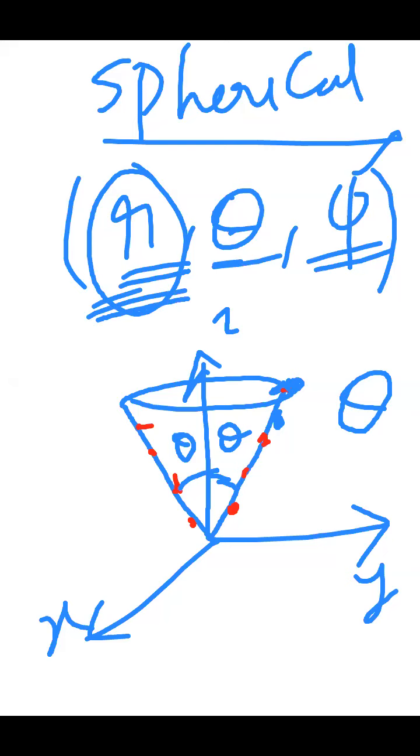Now in this case, what is constant? In the inverted cone, what is constant? Theta is constant. What is variable? For this cone, theta is constant. R is variable, phi is variable. Once one thing is constant, the remaining two things are variable. R is variable and phi is variable.